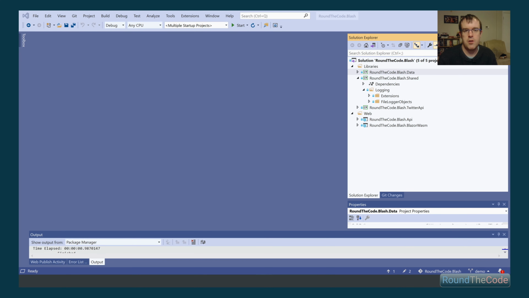So now we're going to have a look at roundthecode.blash.shared. Now the API runs a background task which connects to the Twitter API through a filtered stream. This filtered stream allows us to return tweets in real time. In order to do that, we need to run a background task on the API, and we do that through a hosted service. However, because it's a background task, we can't actually see what's happening, so we need to log